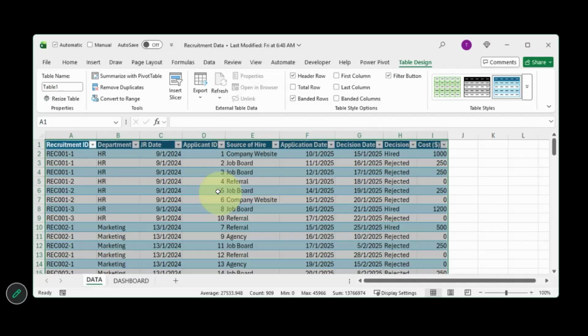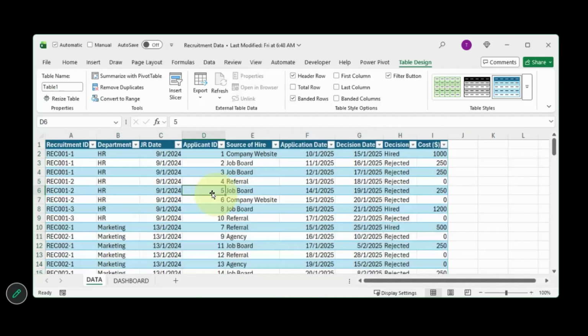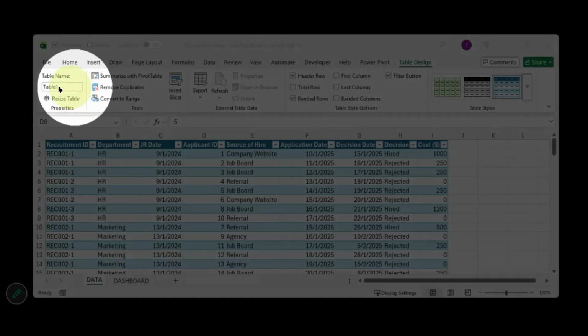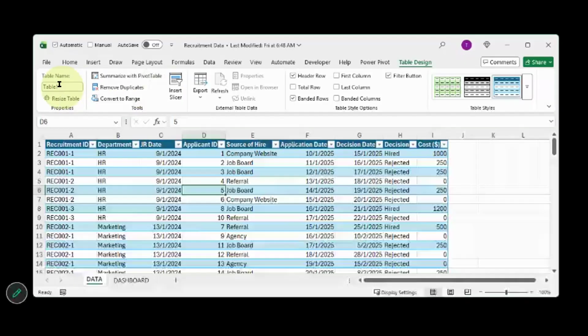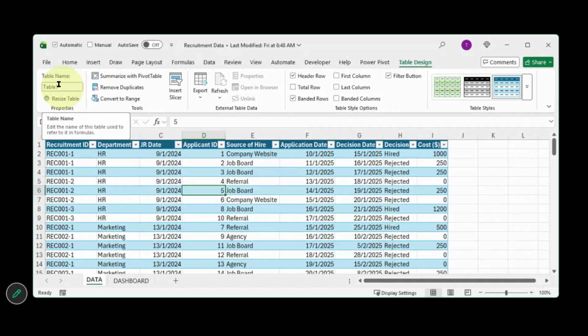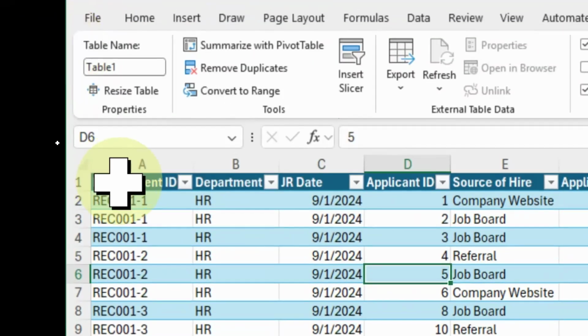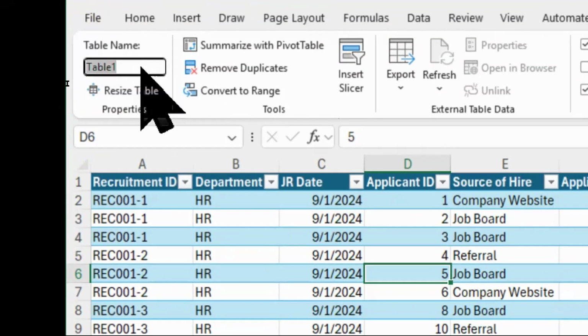After we have inserted the table, immediately go to the top. There's something called table name. Currently, it says Table1. Table1, Table2, Table3 is not descriptive enough, so we want to make it much more descriptive. We want to rename it. My recommendation is we start the table name with the word Table. This is about recruitment data, and we only have one data here, so I want to use